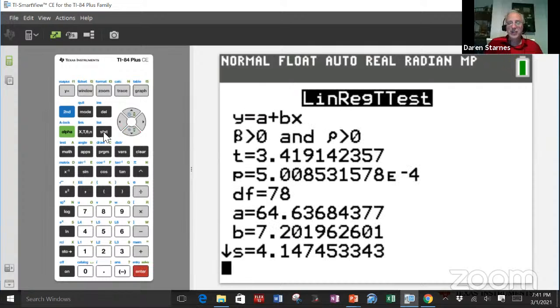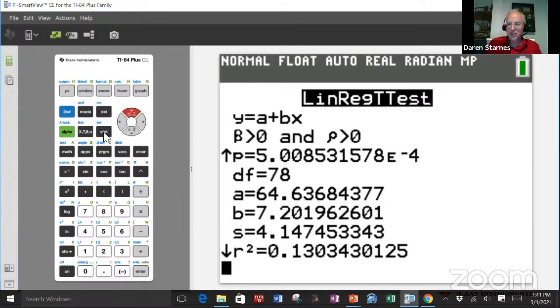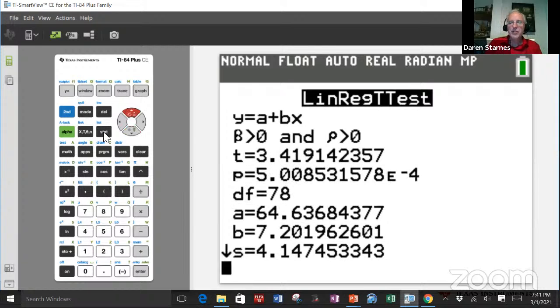Well, according to the magic of the calculator, got lots of nifty things down there, including Curtis's R squared, which we can come back to. Let's be sure to come back. So the t-statistic looks like it's about 3.4, which is, in the world of t-statistics, pretty big. That's a pretty big number for a standardized statistic. It would be really big in the z-statistic world for doing inference for a proportion, but t of 3.4 is still pretty big. You can see the degrees of freedom is number of data points minus 2, so 78,